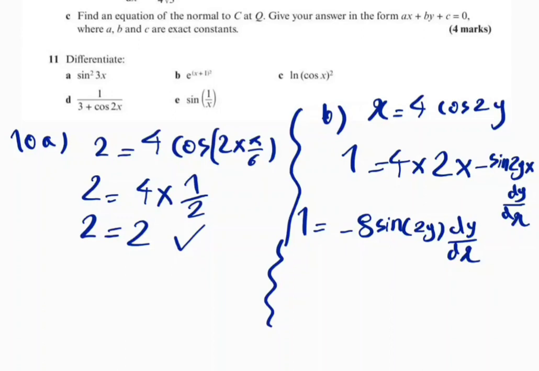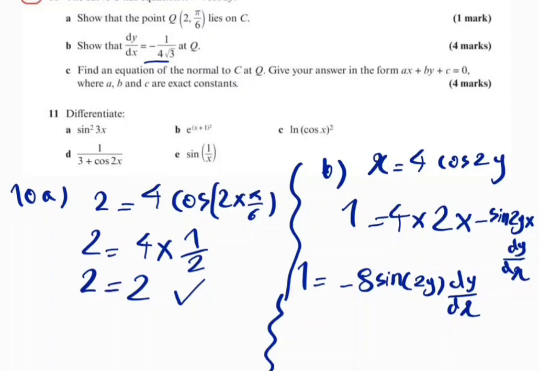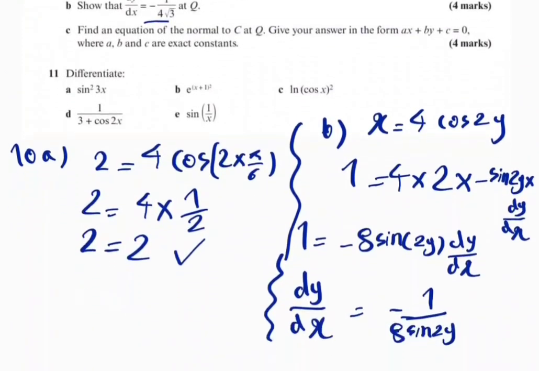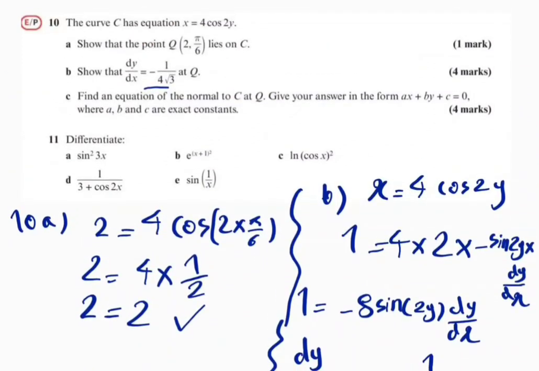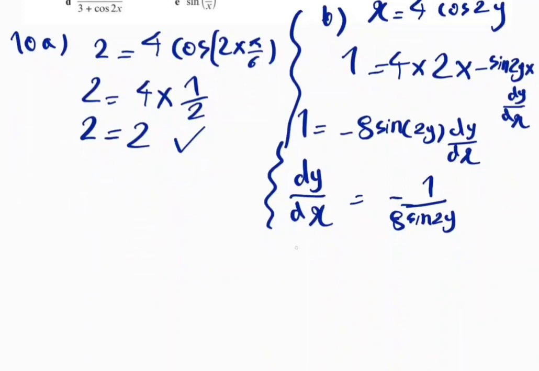We haven't finished yet because we need to show that the derivative at this point is equal to this number. So now let's rearrange this. dy by dx is equal to, dividing both sides by minus 8 sine 2y, minus 1 over 8 sine 2y. Now is the time to substitute the coordinates of Q into this derivative. Here we only have the y term, which means we need to use pi over 6. So at Q, we have,